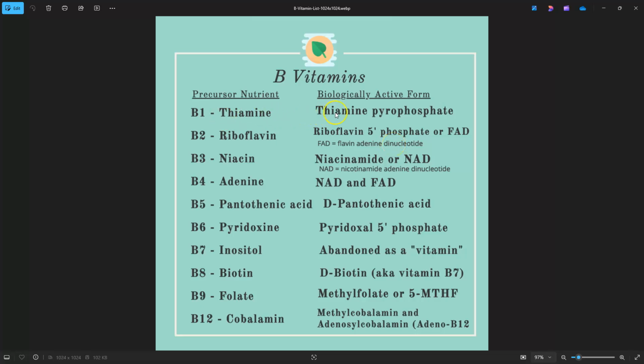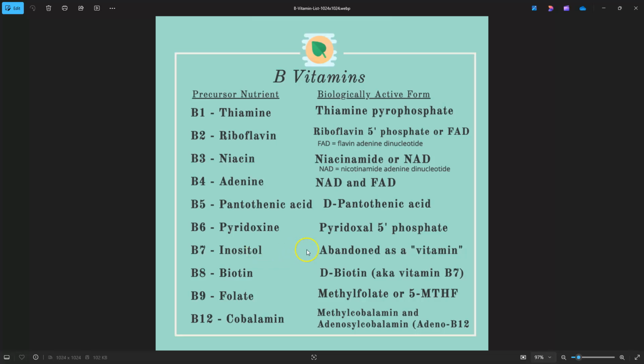Thiamine is vitamin B1, which gives you the thiamine pyrophosphate. Niacin, vitamin B3, which is a precursor for nicotinamide adenine dinucleotide, or NAD. B4, which isn't normally called a vitamin any longer, is adenine, so flavin adenine dinucleotide, nicotinamide adenine dinucleotide. Coenzyme A also contains adenine, and it contains pantothenic acid, so coenzyme A uses both of these. Pyridoxine is a precursor of pyridoxal phosphate, which we'll see later in the course.